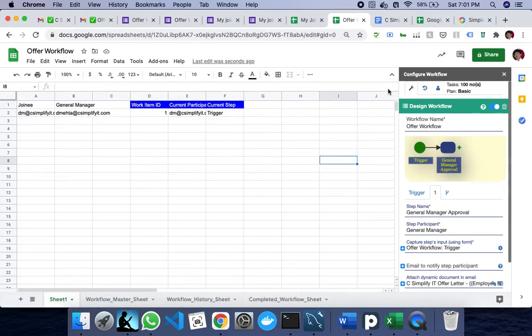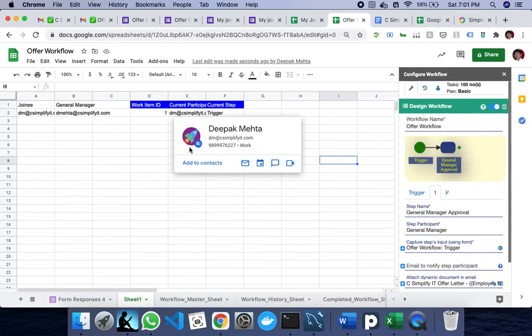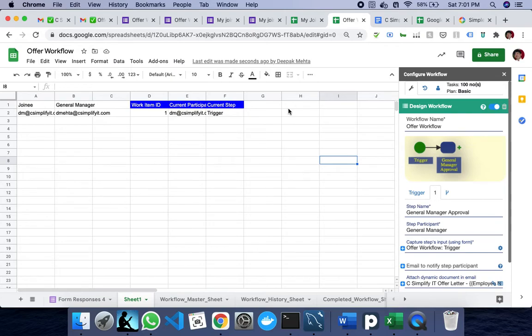So we will wait for this current participant to change here. Although we don't have to open it, it runs automatically. This design time need not be open to run it, but for demo purposes it is open right now, and you can see yes, it has moved to the D Mehta general manager for the general manager approval.